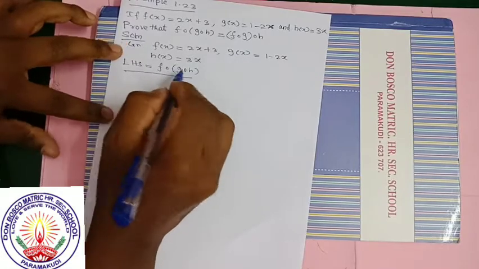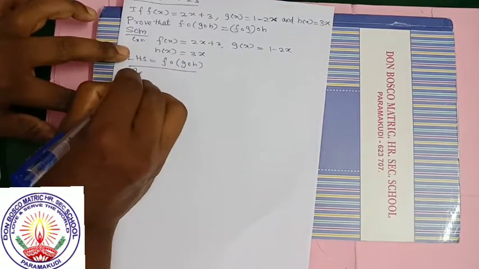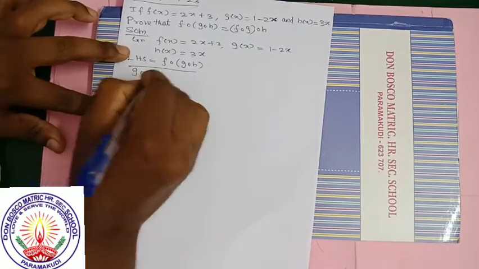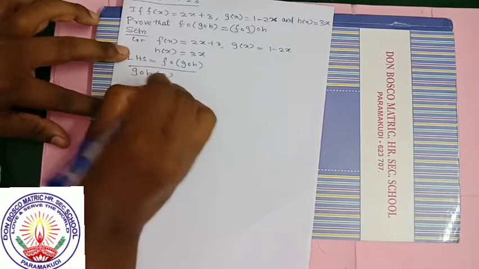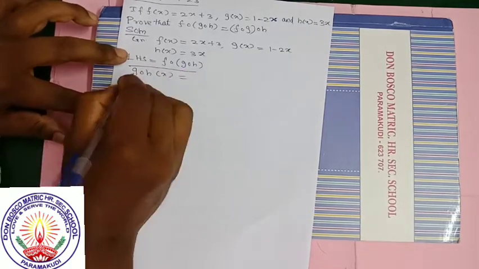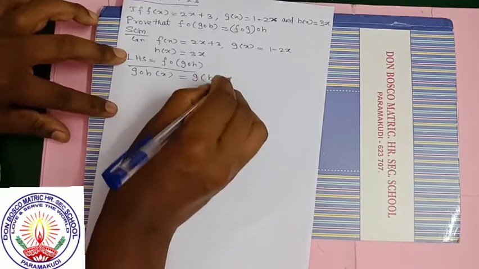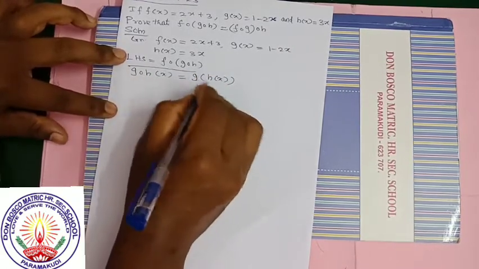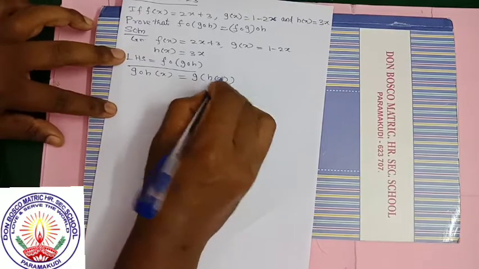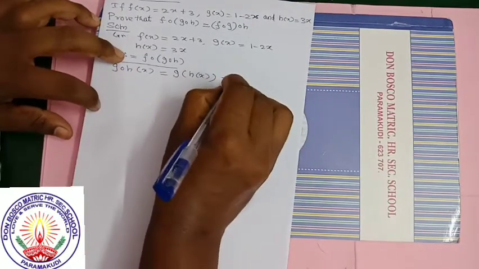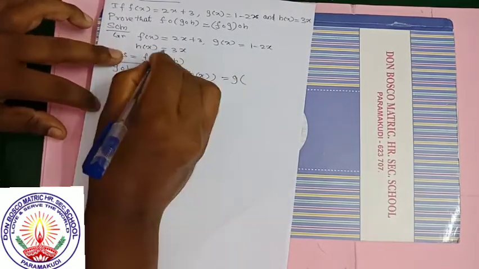First find what is given in the bracket. g composition h of x is equal to, what is the meaning? It is g of h of x. When you remove the composition, it becomes function of function, g of h of x, which is equal to g of, what is h of x? h of x equals